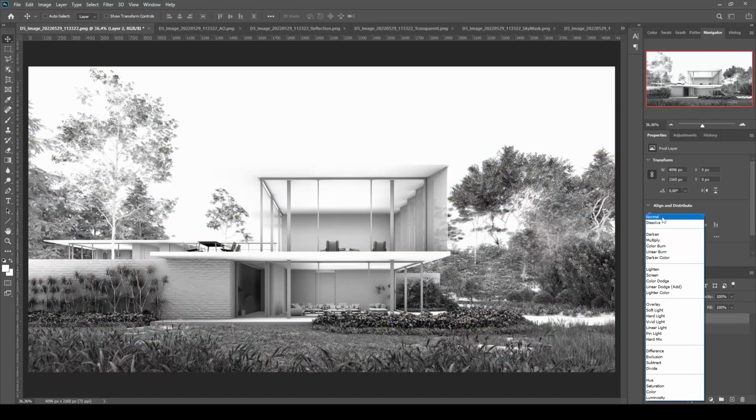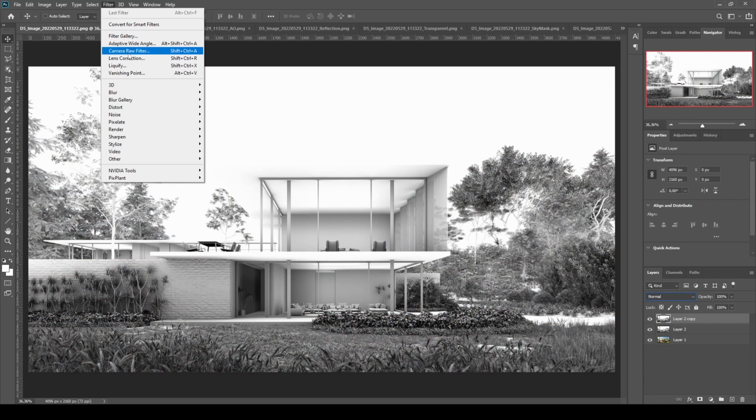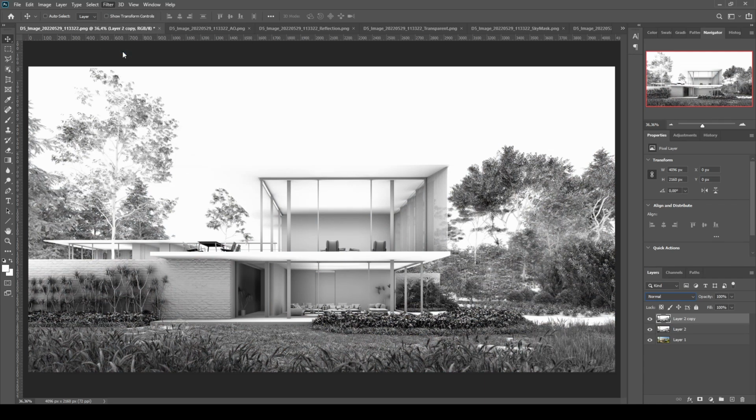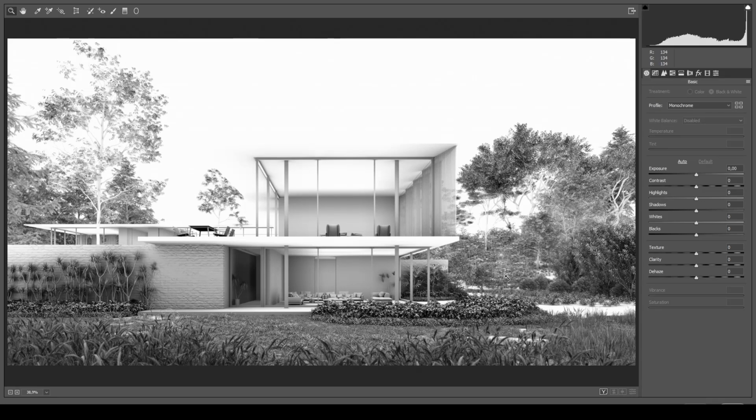Let's go back to normal and I'm going to duplicate this one. Go to filter and use camera raw filter. My purpose here is to increase the area of the brights and decrease the area of the darks. To do that, I'm going to use the shadow options.